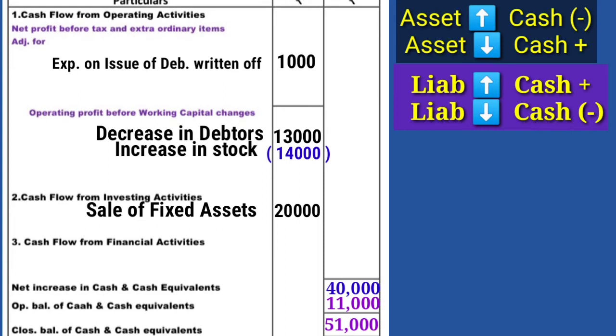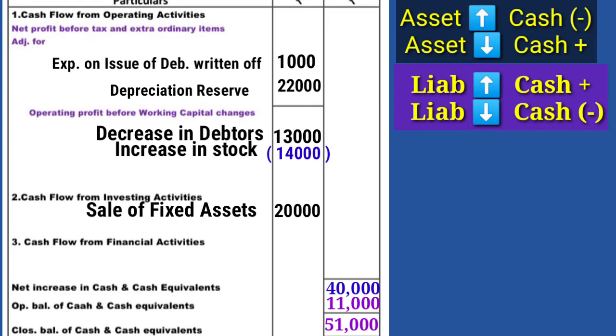Next, depreciation reserve. Depreciation is an expense. This is a non-cash expense. This we will record at the top after the net profit. Depreciation reserve is a liability; it comes on the liability side. So what is the rule? Liability increase, cash balance increase. Liability decrease, cash balance decrease. Here 2011 is 40,000 and 2012 is 62,000. So 22,000 increased. We will write depreciation reserve 22,000 plus.